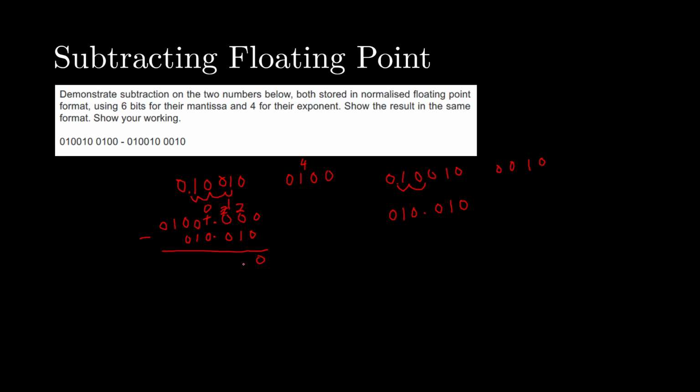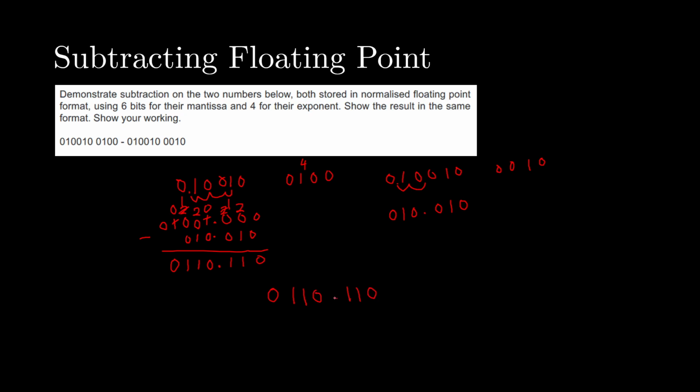That's going to be 2 minus 1, which is just 1. 1 minus 0, which is 1. A point there. 0 minus 0 is just 0. And then we need to carry more digits. 1. 2 minus 1 is 1. 1 minus 0 is just going to be 1. And there's also another 0 after this one. So this is our result